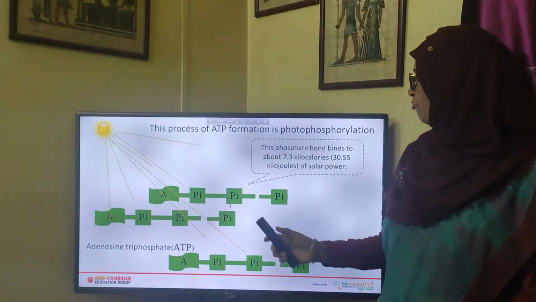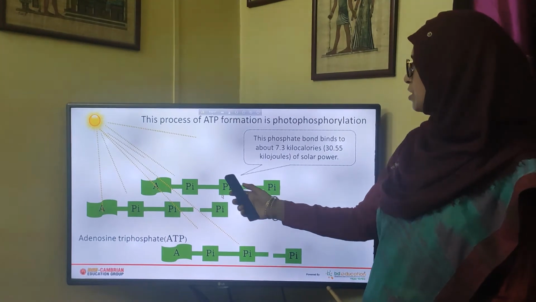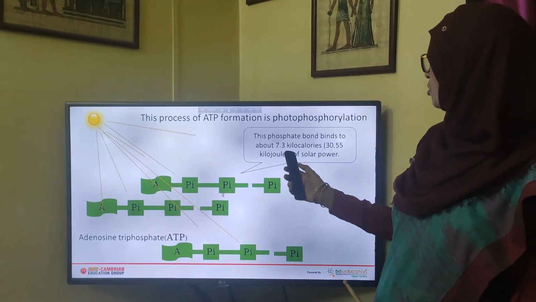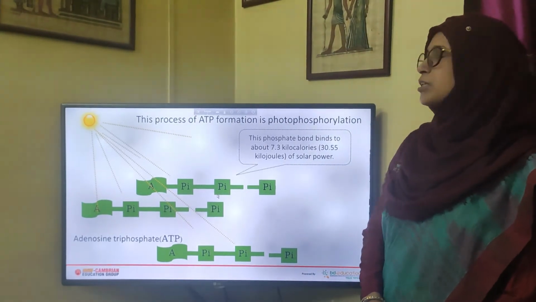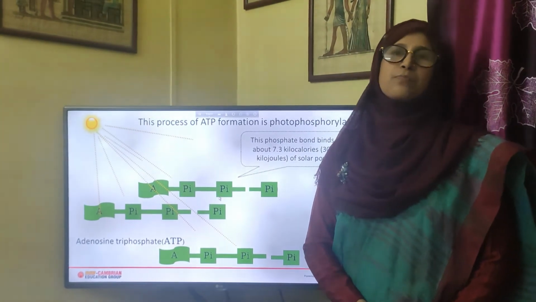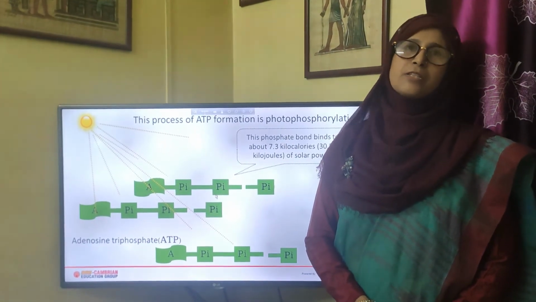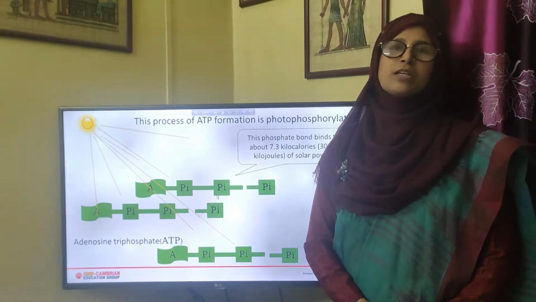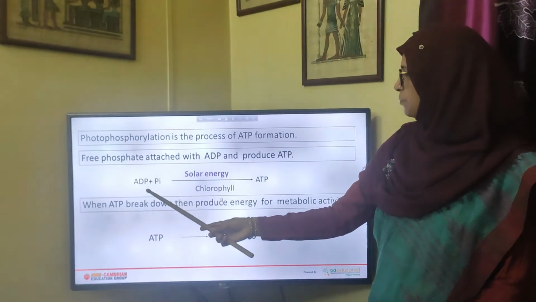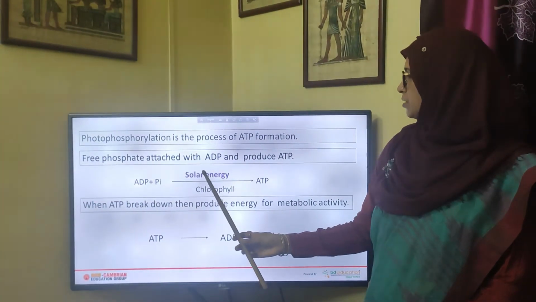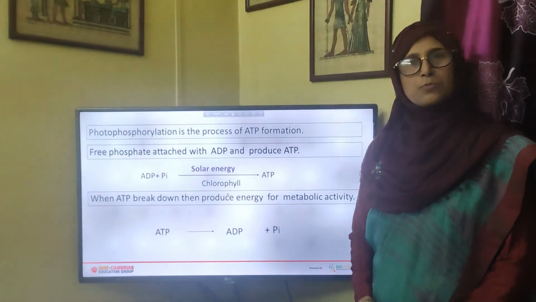Previously you have learned that when the third phosphate, Pi, is added to ADP, then 7.3 kilocalories of energy is stored. So the process of producing ATP by adding Pi to ADP in the presence of light and chlorophyll is known as photophosphorylation. How is ATP formed? ADP plus Pi in the presence of solar energy and chlorophyll produces ATP, and this process is known as